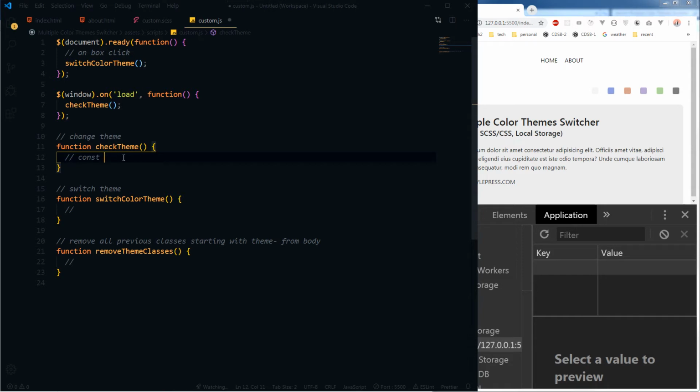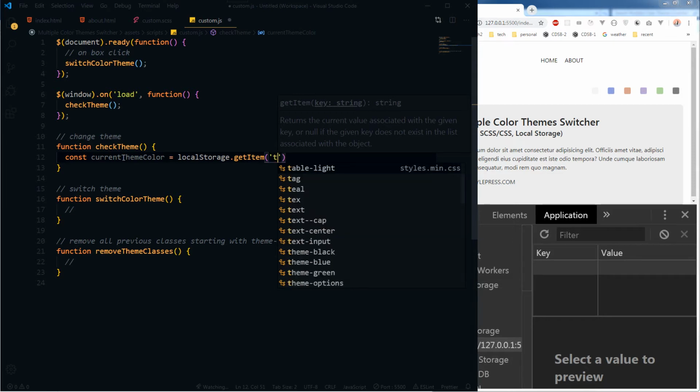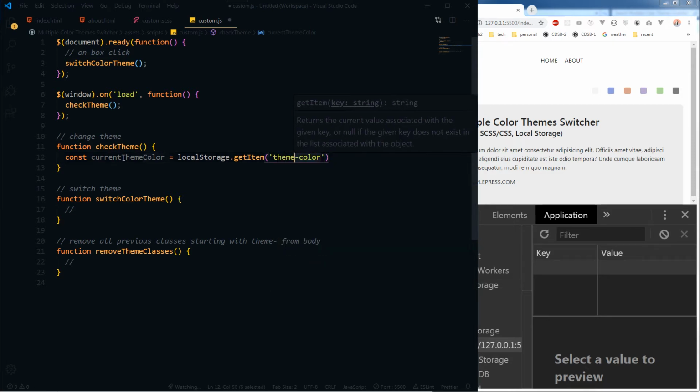Const currentThemeColor. We will get what is stored in the local storage: localStorage.getItem, and the item will be stored with the key themeColor. That will be our key. Under this key, the theme name will be stored in local storage. So we are getting that value in currentThemeColor,